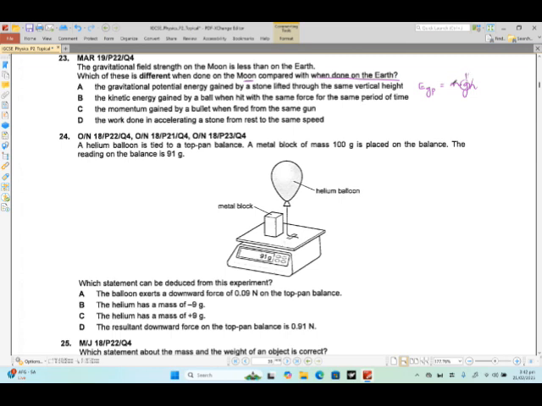तो ये सही है, लेकिन हम बाकी भी देख लेते हैं। Kinetic energy gain by ball, अच्छा, kinetic energy का फॉर्मूला होता है half m v squared। आपको पता है mass मून पे भी सेम होगा, अर्थ पे भी सेम होगा, तो इस वजह से this is not going to matter at all। अच्छा, momentum जो है वो